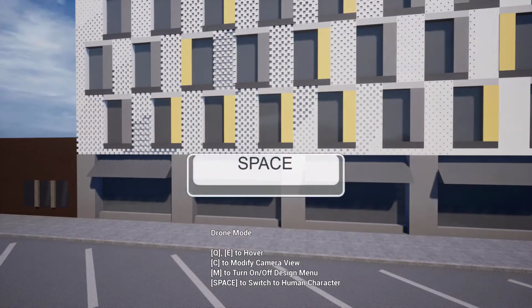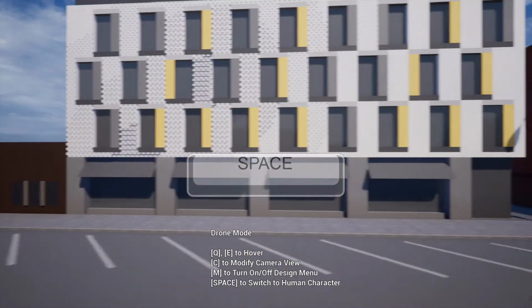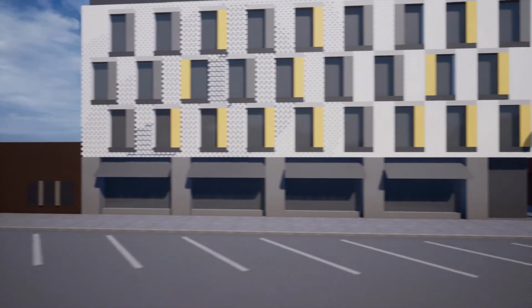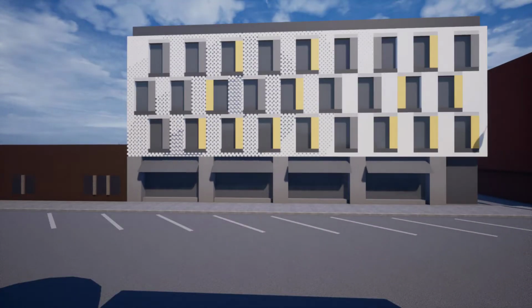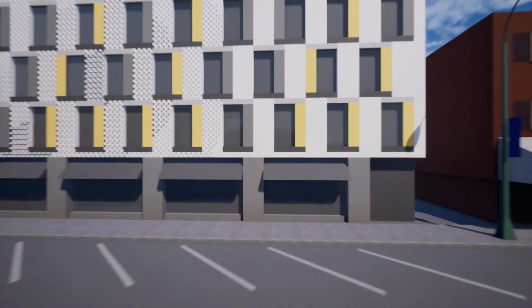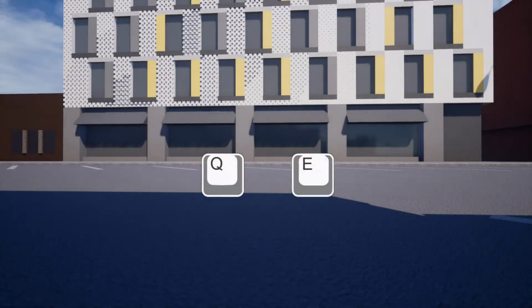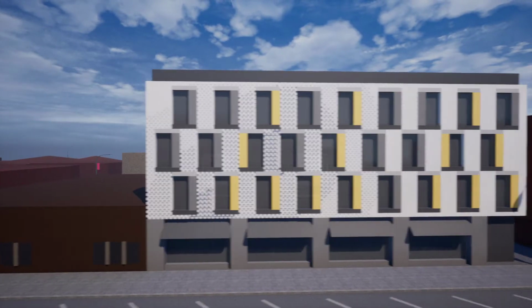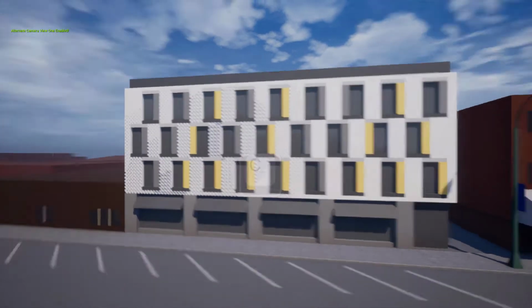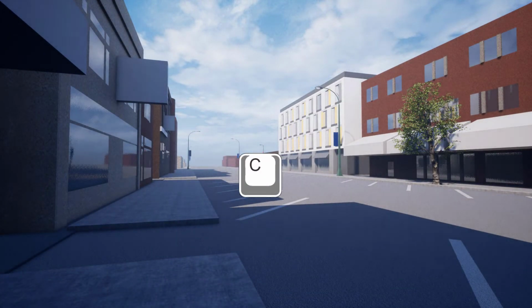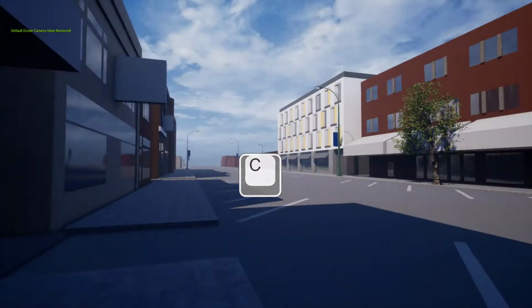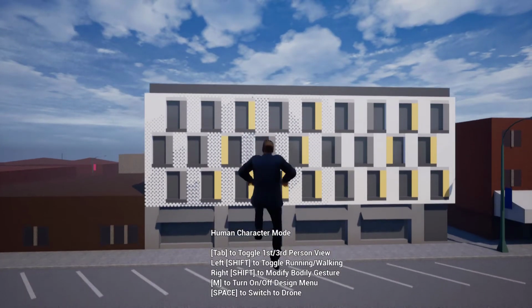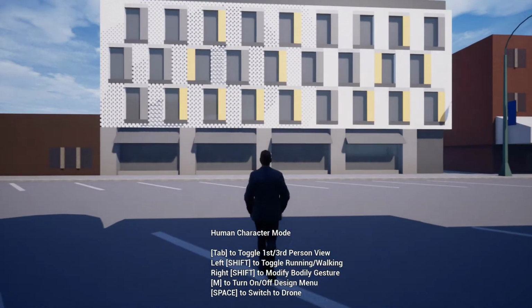If you press space, you'll be switching to control drone. In the drone mode, besides WASD keys for movement controls, you can also press Q or E to hover down or hover up. Also, you can press C multiple times to activate alternate camera views. You can press space again to restore the human character mode,